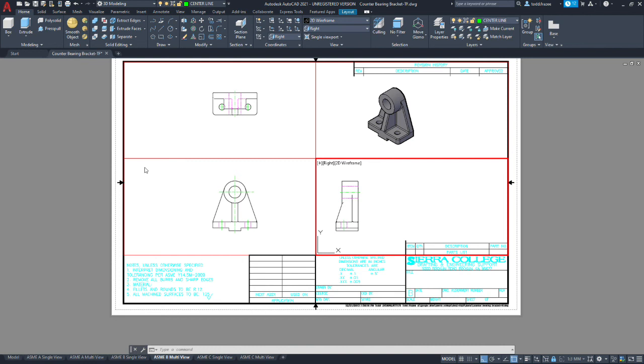Again, for the assignment, you need it to be fully dimensioned. You need your title block to be correct. The default is an inch. You need to change that to metric. Also, adjust the tolerances so that it appears like it should. But yes, you need to state that this drawing is in millimeters.